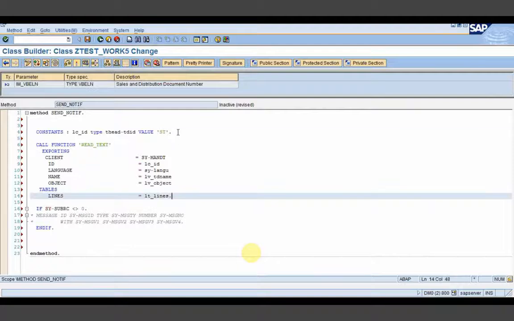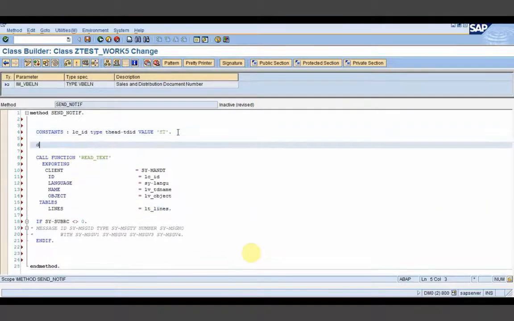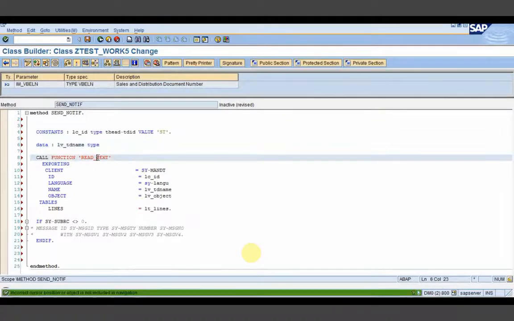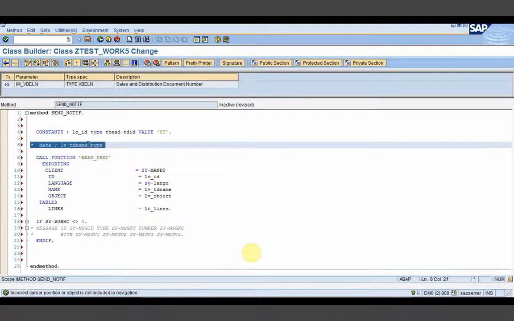So here I will be declaring a few variables. The type you can see from navigating through this particular function module. Okay.